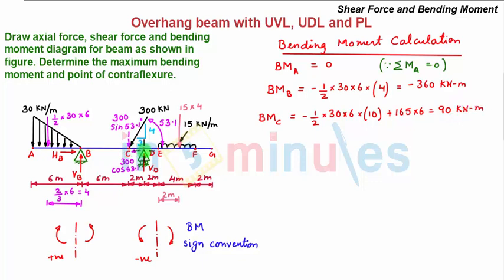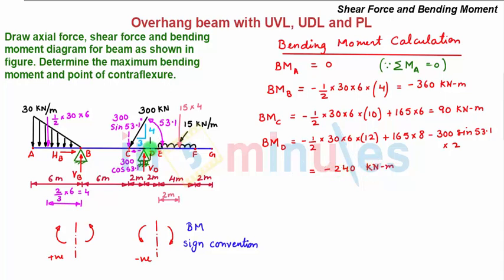Next we move the section to point D. So bending moment at point D is equal to, first we have anti-clockwise moment caused due to this UVL, which is now acting at a distance of 4 plus 6 plus 2 equal to 12 meter. Then we have this clockwise moment caused due to this vertical support reaction VB, which is now acting at a distance of 8 meter. And now we also have this anti-clockwise moment caused due to the vertical component of this inclined force, whose magnitude is 300 into sine 53.1 and it is acting at a distance of 2 meter. So we have minus 300 into sine 53.1 multiplied by 2 meter. So upon solving this, we get the value of BM at point D equal to minus 240 kilonewton meter.